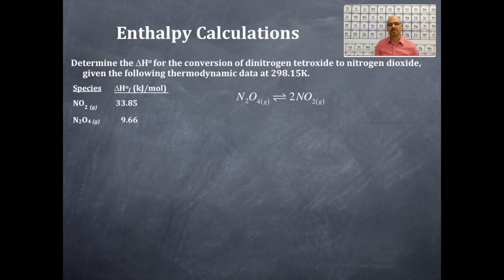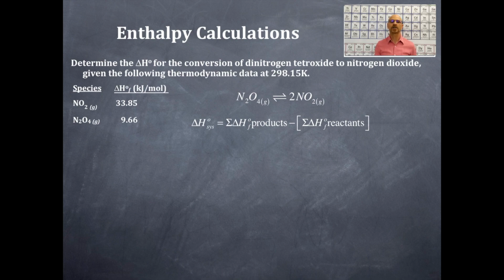Bam! There it is. So that is N2O4. That's a gas. And these are equilibrium arrows because this is an equilibrium reaction. And it's 2NO2, sorry, 2NO2 gas. All right, now we're going to use this equation here that we've been stating all along,